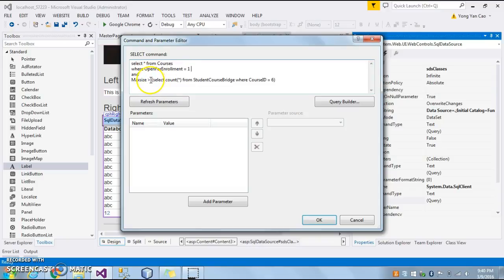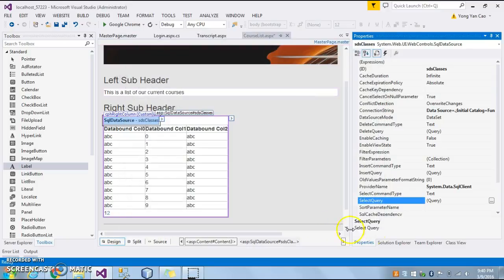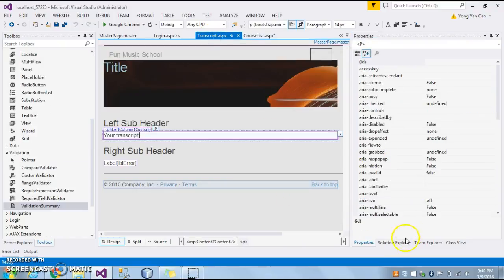I also have a max size field in the courses table, and I have to make sure the number of students that are already enrolled in this class does not exceed the max size allowed for this class. So that's what we see here. And if we go to the transcript page,